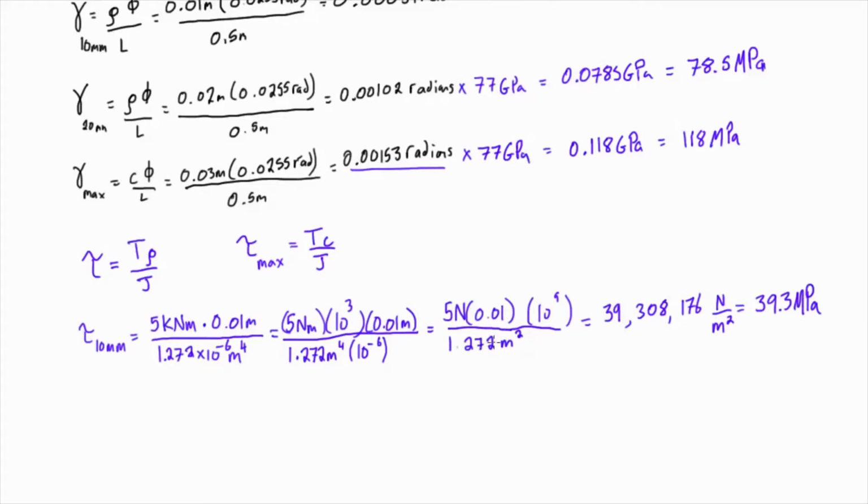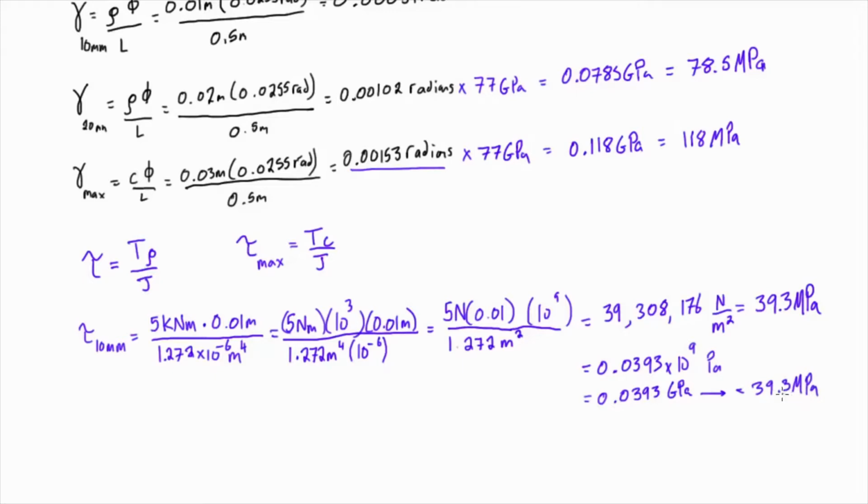Or another way that we could have got to this is we could have just done 5 times 0.01 divided by 1.272, and this was newtons per meter squared, and we would have been left with 0.0393 times 10, and we'd have to put this back in, so 10 to the 9, and this is in units of pascals. And when we see pascals times 10 to the 9, that's gigapascals. So this is also the same thing as 0.0393 gigapascals. And you can convert gigapascals to megapascals by just multiplying by 1,000. So that would yield exactly the same answer. We'd get 39.3